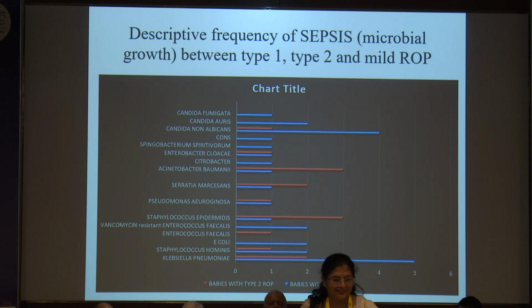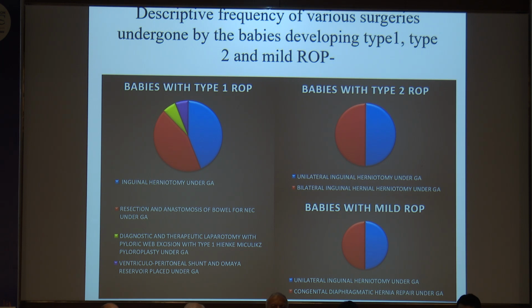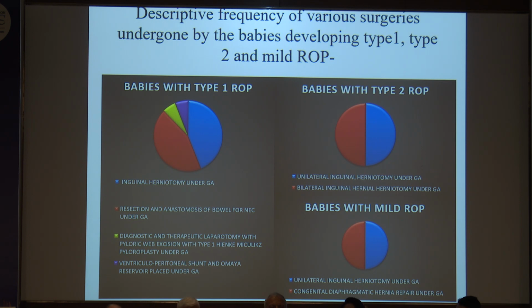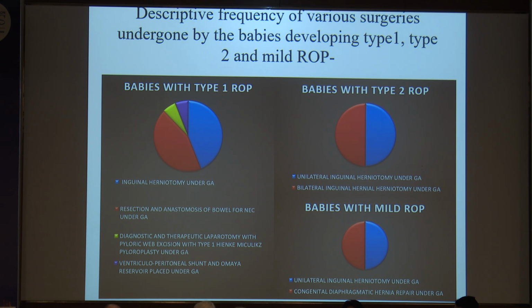Coming to the descriptive frequency of sepsis, we saw amongst the babies with type 1 ROP, they had more gram-negative bacilli, which is Klebsiella pneumoniae, and type 2 had a combination of gram-positive and gram-negative, that is Acinetobacter and Staph epidermidis. Coming to the frequency of the various surgeries, as we've already demonstrated, type 1 ROP babies had a greater number of early neonatal surgeries, and most of these babies underwent inguinal herniotomy. Coming to the babies with type 2, they also underwent inguinal herniotomy, and in mild ROP, one of them underwent